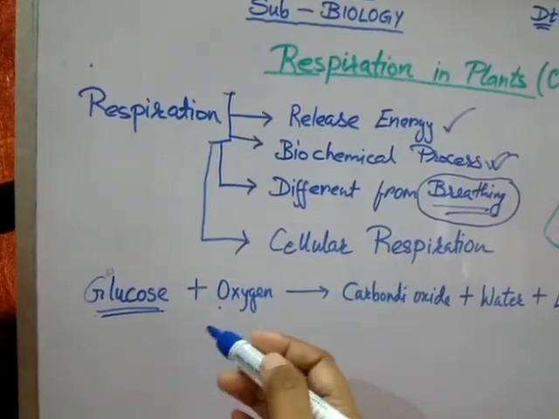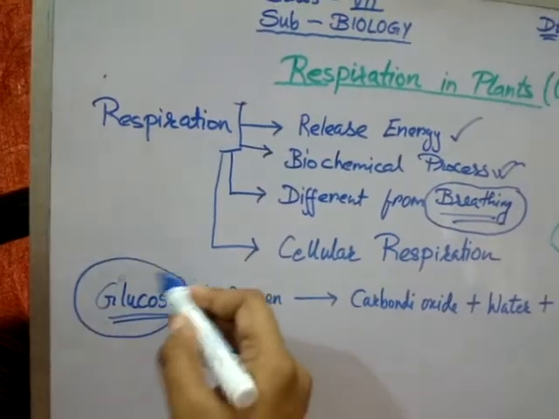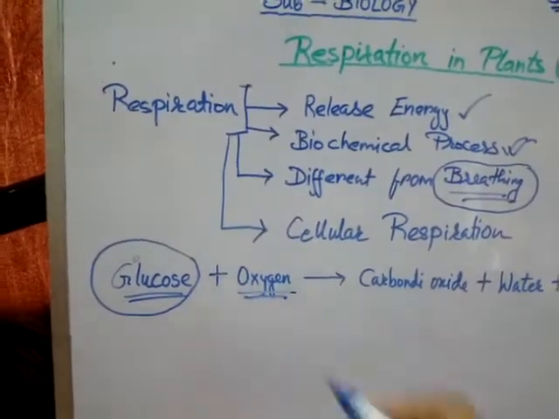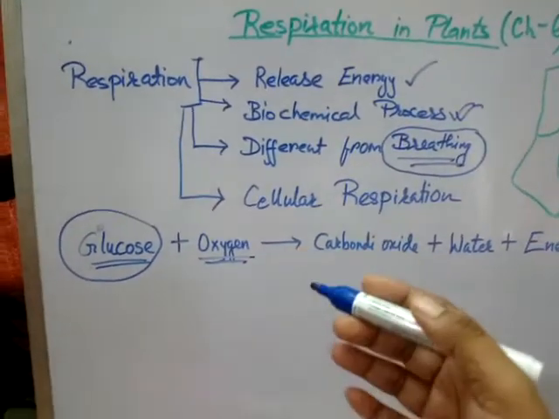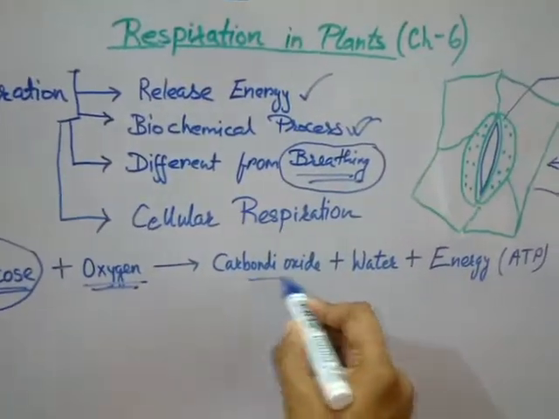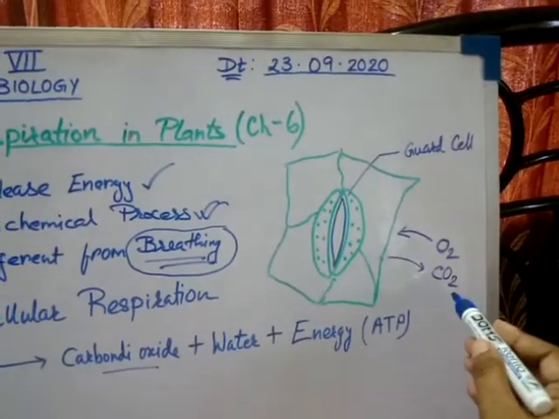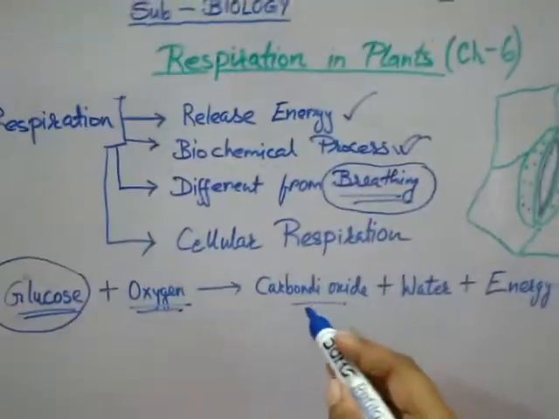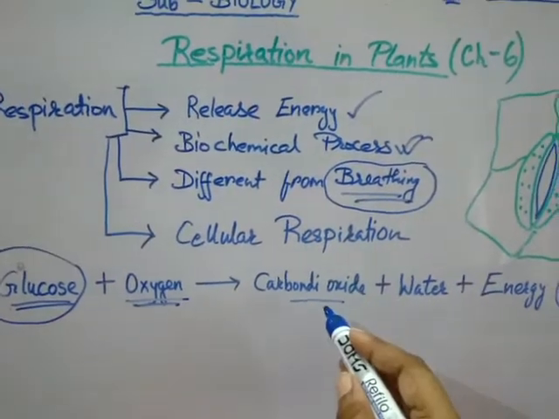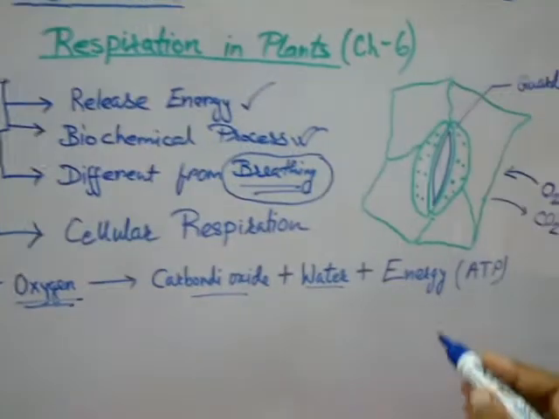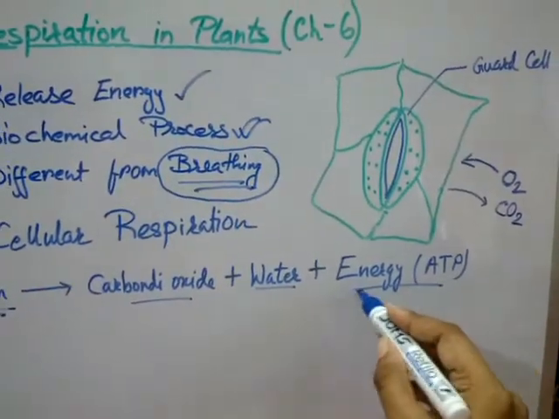After intake of oxygen, this complex chemical substance glucose is broken down or oxidized by the plant, and it results in the release of carbon dioxide. As you can see here, the exhale of carbon dioxide through the stomatal opening. So it results in the release of carbon dioxide, some amount of water, and a large amount of energy,